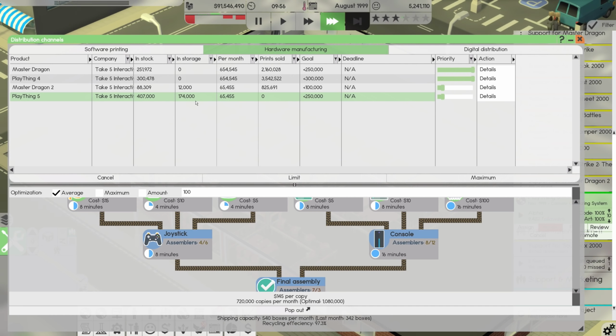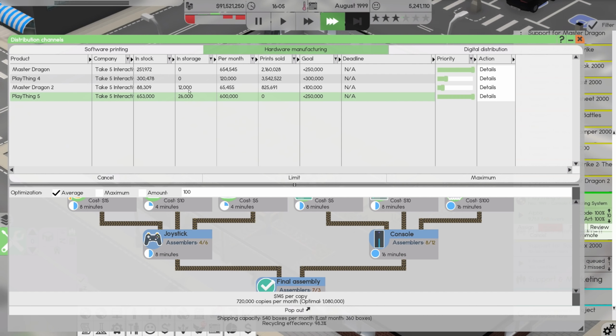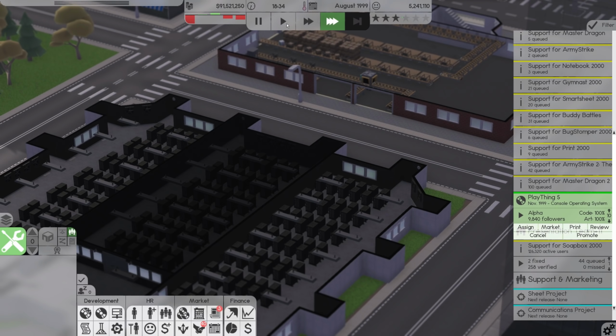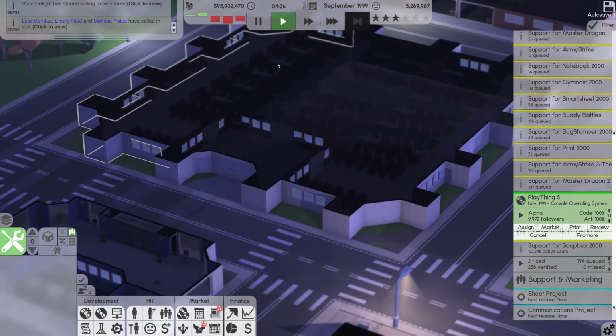So basically, we'll bring your priority down a little bit, bring yours up considerably. Yeah, so basically, we're going to have what? Near 700,000 units in stock? 680,000? That's fine. 680,000 units in stock with marketing ongoing.